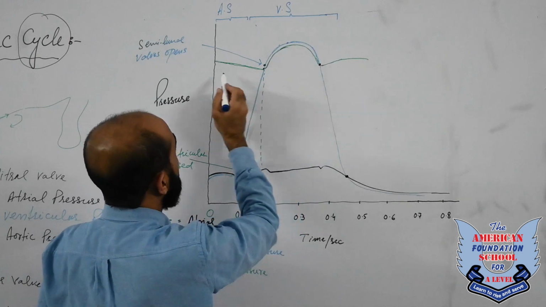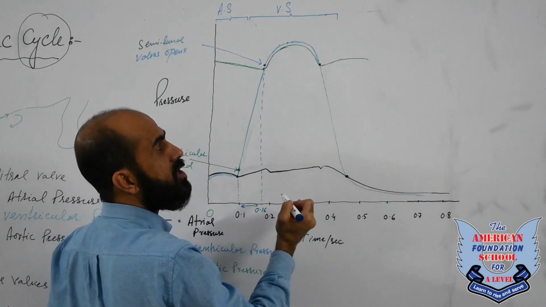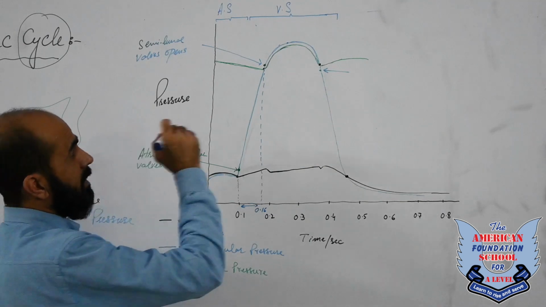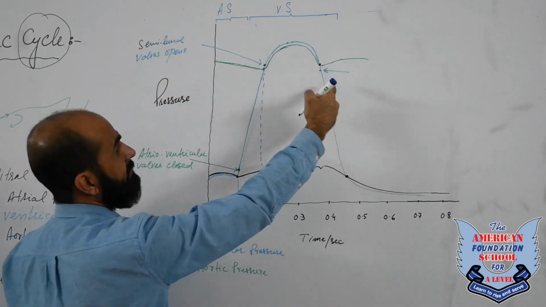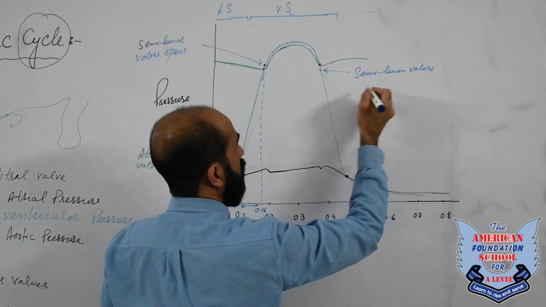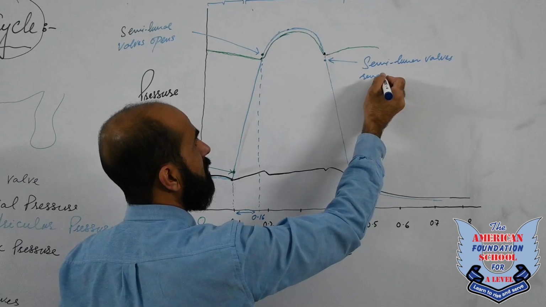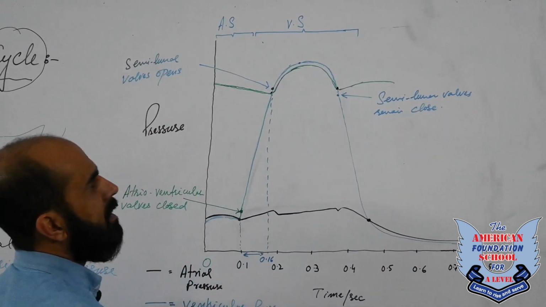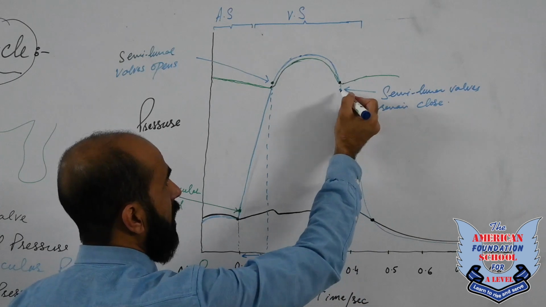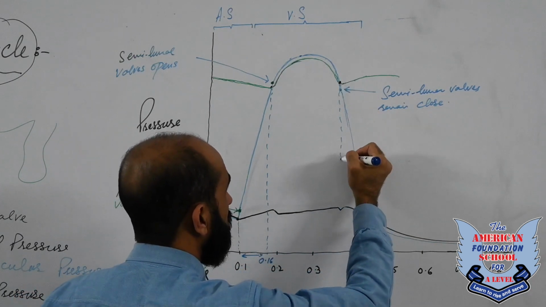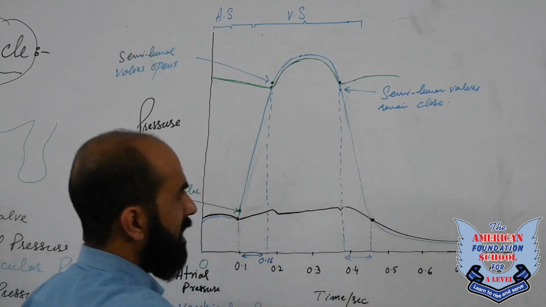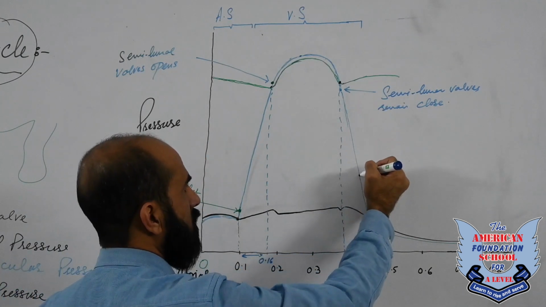and it falls so much that once again the aortic pressure exceeds the ventricular pressure. So if somebody asks you at this point, what will happen? Which valve should be open and closed? So this semilunar valve was open here, it will close again. So we say semilunar valves remain closed. It means the ventricular pressure is falling again from this point till this point. Once again, all these 6 valves remain closed,